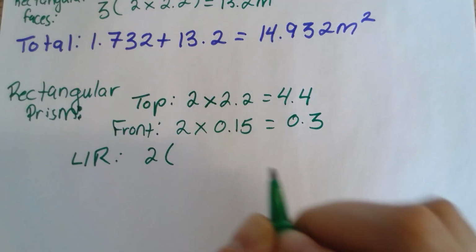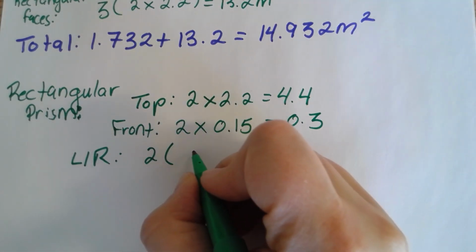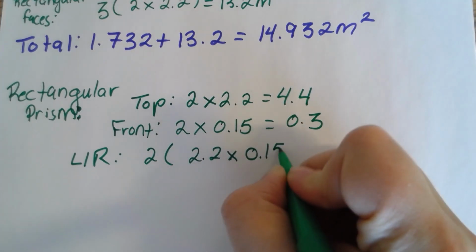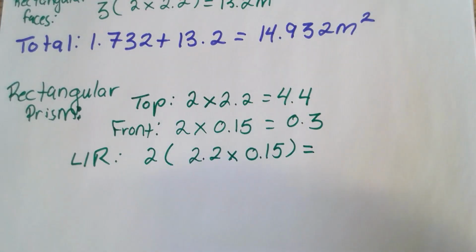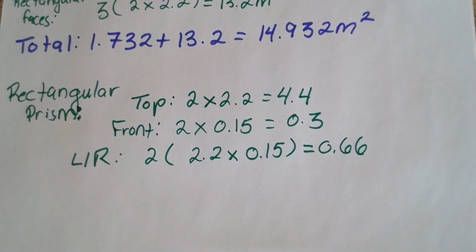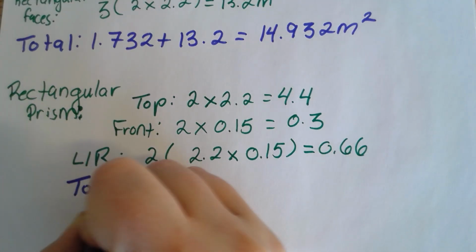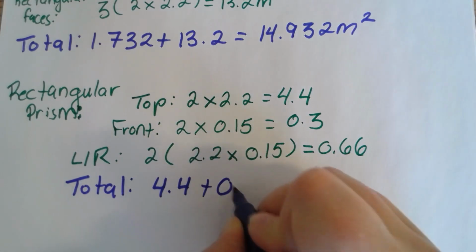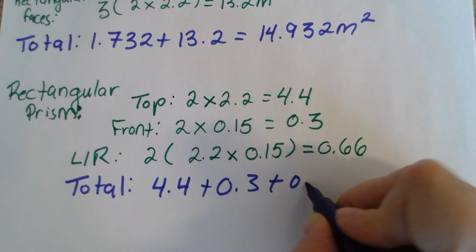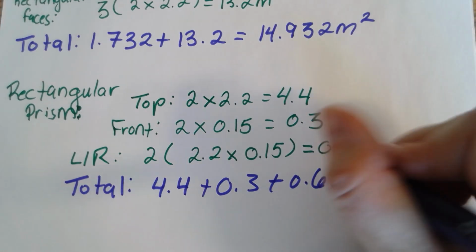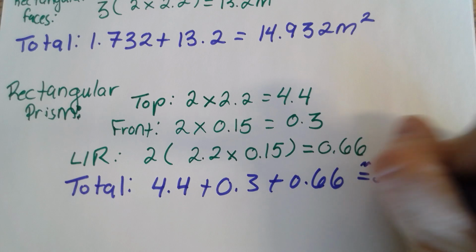There's 2 of them, and they are 2.2 by 0.15 for a total of 0.66. So once again, I'm going to add them together to find my total. So it is exactly 5.36